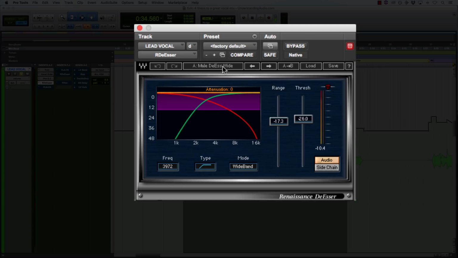Here I've used a preset on this Waves de-esser. It is the male DS wide, and that's actually attenuating from in and around 4K and above. So when that's in action,